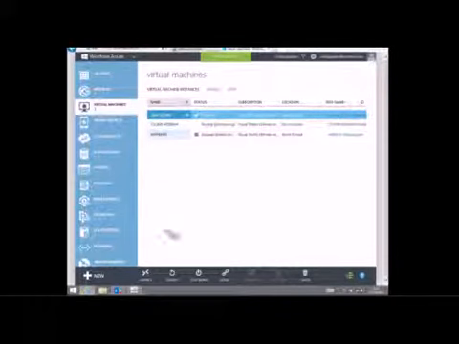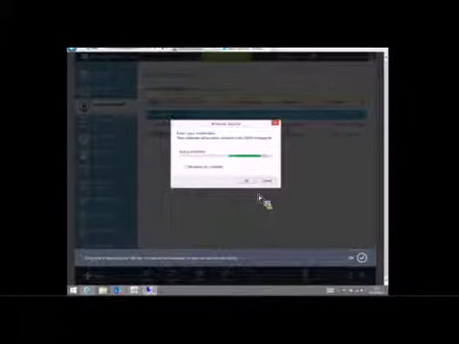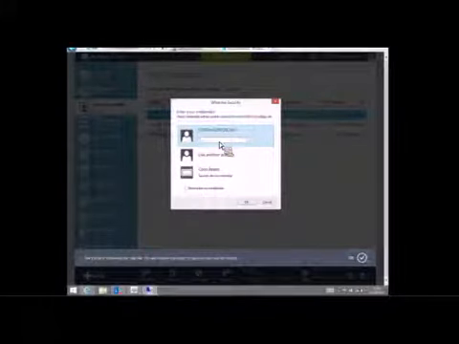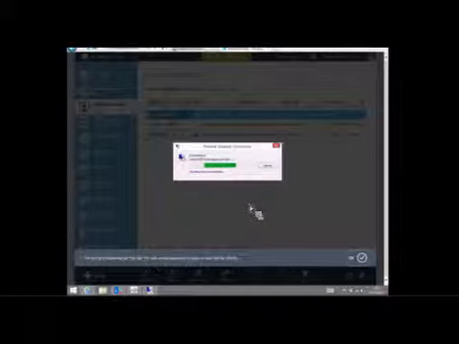So let's just quickly take a look at how we would connect to that. We click connect, we get an RDP file that we can then connect to a machine on. Select connect and enter our credentials. So I can then go and put in my credentials for this machine. OK that, and it will connect me to that machine in a normal remote desktop connection. It will go off and do that. That machine then has Visual Studio Ultimate, SharePoint installed, and I'm paying for this because I'm currently using it.